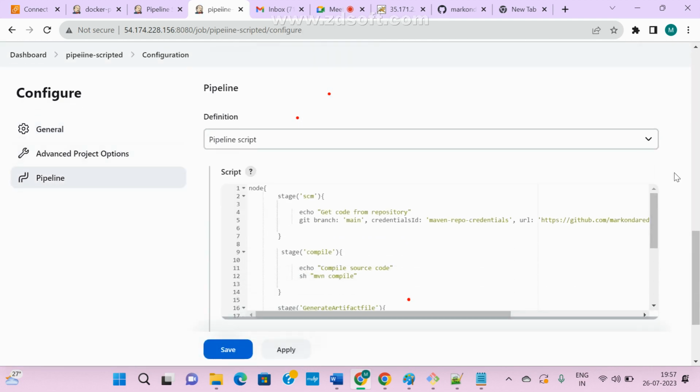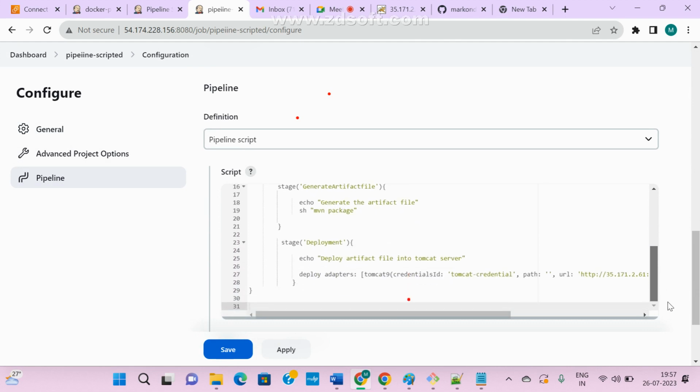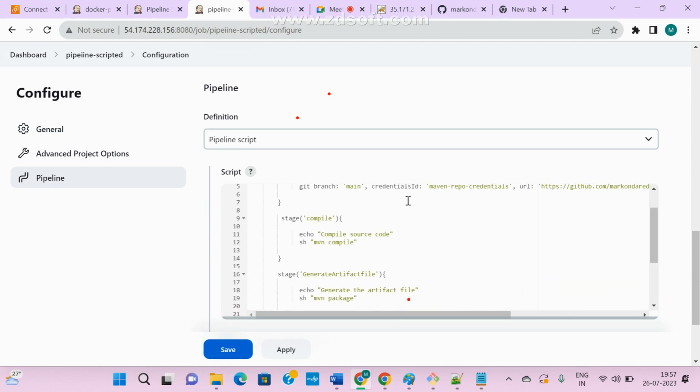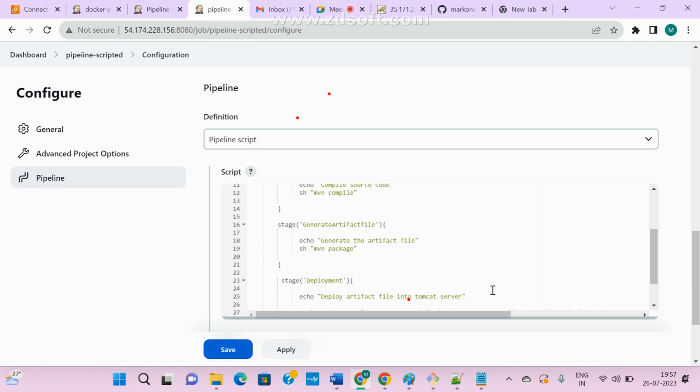Here go to pipeline. So these are the steps, and it will execute step by step. First it will run this one, and it compiles the code. It creates the artifact. Suppose it did not succeed here, then there is no need to deploy into the Tomcat server, right? Now, suppose if anything fails, see here, echo, I failed it wantedly. And so I am writing,